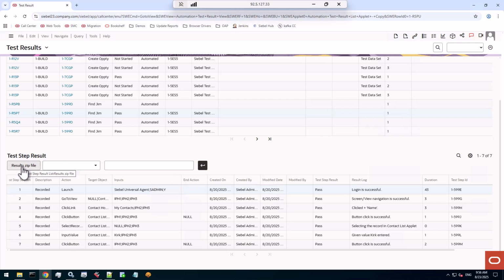You can also download the reports from here as a zip file, which is quite convenient. So this again is now the system default. So be careful when you have a lot of test executions and hundreds or thousands of steps. There will be a lot of data in your database. It's probably not your production database, so it's fine, but you still need to be aware of the fact that the test step level result import is defaulting to yes. So turn it off if you don't want this